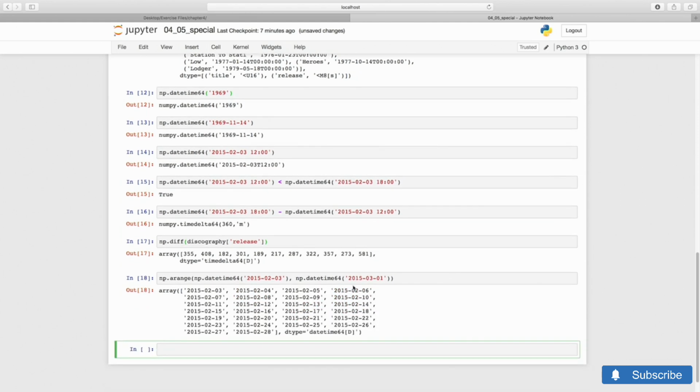And we see that the last day is excluded consistently with the conventions of range and arange. This functionality is extended even further in Pandas. And in fact, the whole idea of record arrays has a much stronger implementation in Pandas data frames. We'll learn about those later in this course.